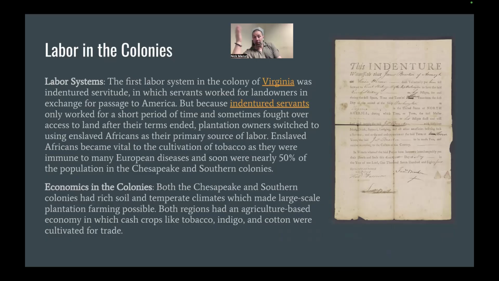Remember, there's well over 100 million people in both North and South America by the time Columbus arrives. And remember that Columbus made a note in his diary about how these people could be of use. That's something I can do with these people, in terms of what duties they could perform. And so in the labor in the colonies, they too tried the Native American element, right? Why not just enslave these people? They're already here. Well, there were two problems with that. The first problem is that if these individuals didn't want to work, all they had to do was just run back into the forest and you couldn't find them.